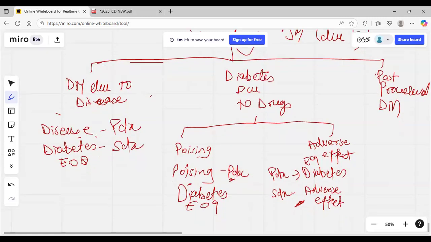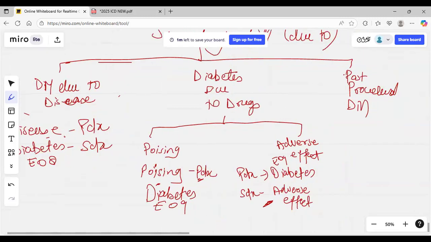diabetes due to the procedure. Post-procedural means a procedure performed on the pancreas. Let's say the patient had a pancreatectomy, the patient's pancreas has been removed. So in this case, whenever a patient has any post-procedural diabetes, you have to use